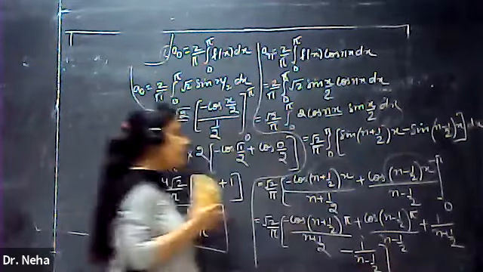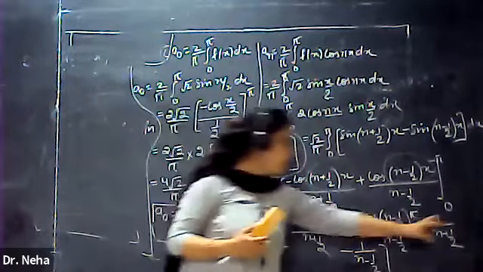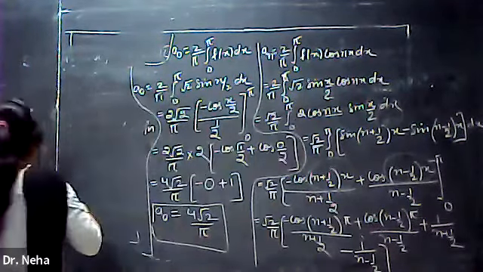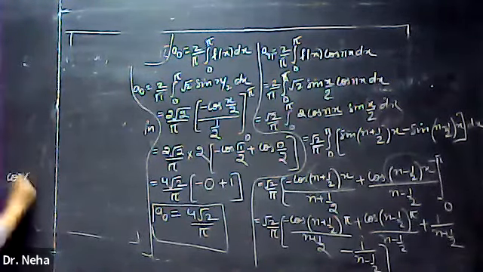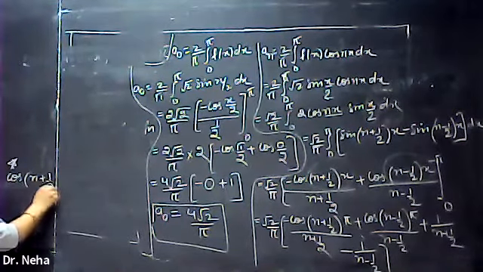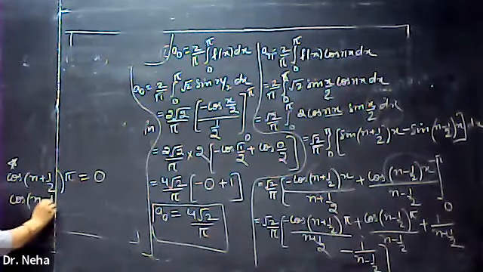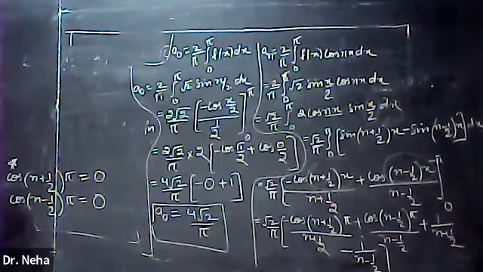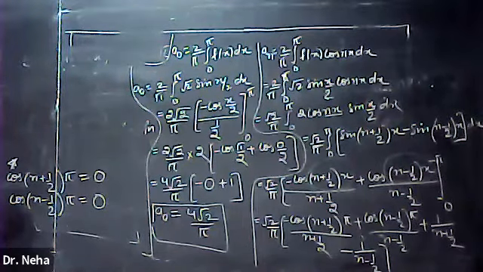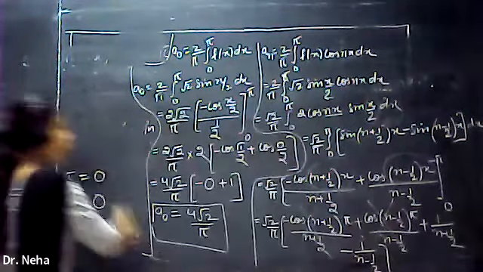Break it down. 4 terms are there. First and second terms are for the upper limit, which is pi, and third and fourth are for the lower limit, which is 0. Now please write down firstly, by putting a star, cos n plus 1 by 2 pi is always equal to 0. Similarly, cos n minus 1 by 2 pi is always equal to 0. You can check by putting n equal to 1, 2, 3, 4 and so on. All the values will become 0. So this term became 0, this term became 0, and we are left only with